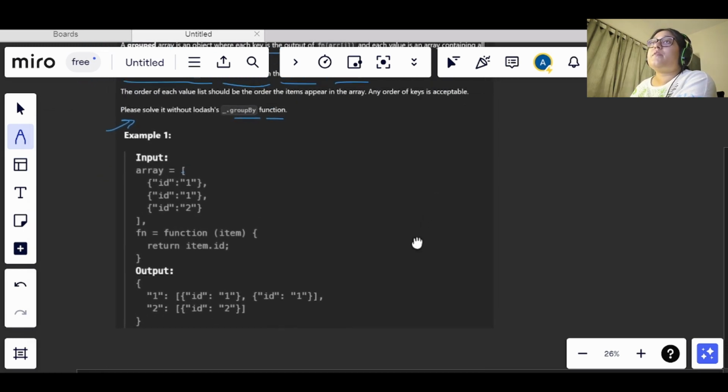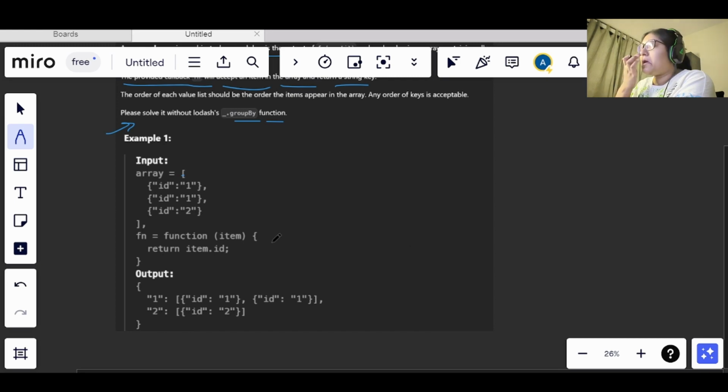Okay, so the example, I took this same example, I will explain with the same example only. Now what we are doing in the first stage, let's say we are passing this array, right? This array, this id and 1 will pass here, it will return an id. Okay, let's say we have an object.